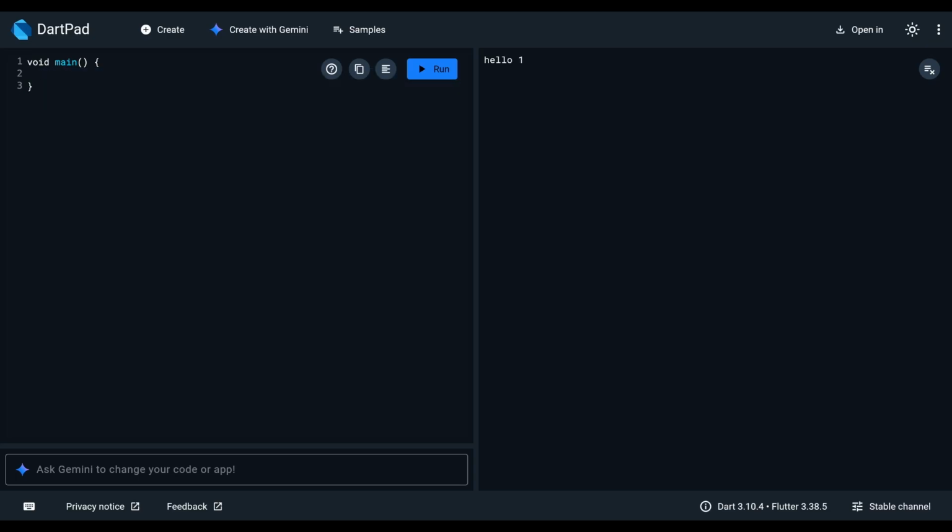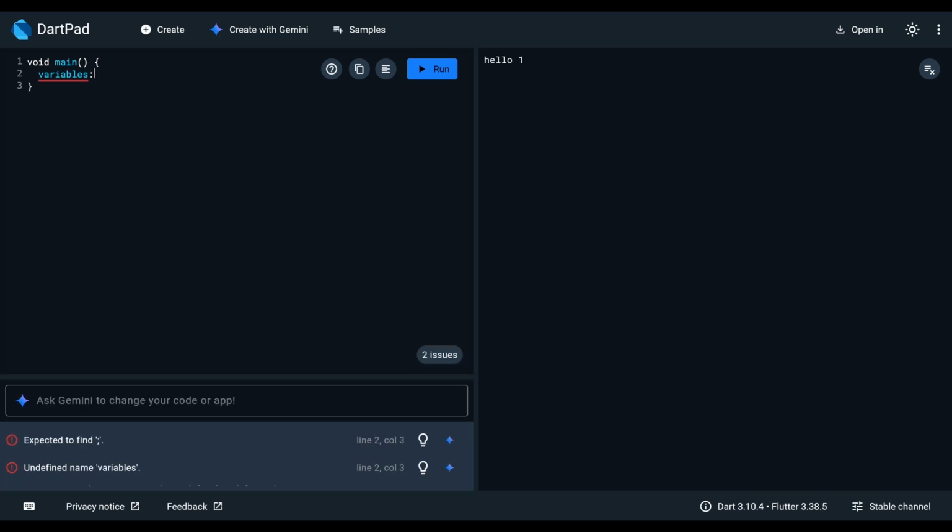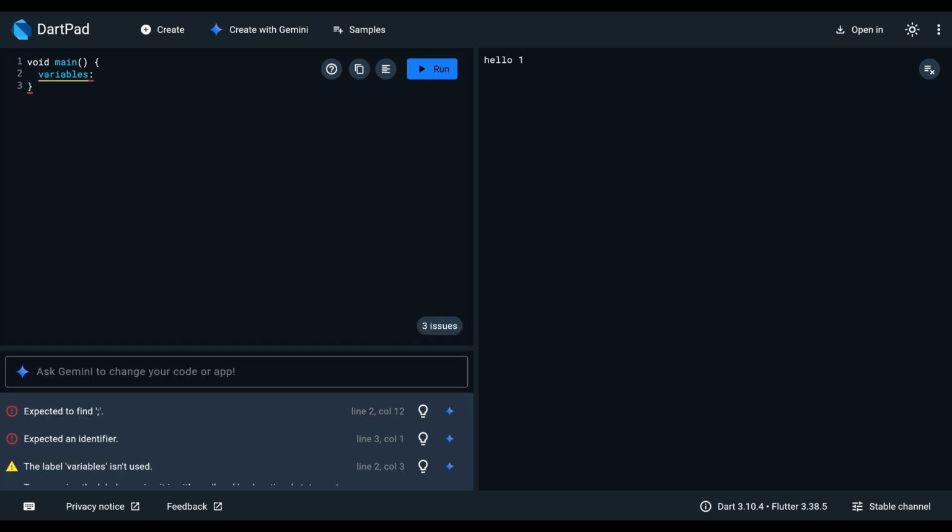So let's remove this. Here, first of all, we will talk about variables. So what is a variable? A variable is used to store information in a program so that we can use it later. You can think of a variable like a box that holds some value, and every variable has a name and a value. In Dart, you must create a variable before using it. The value stored in a variable can be changed or you can print it in the program. Like